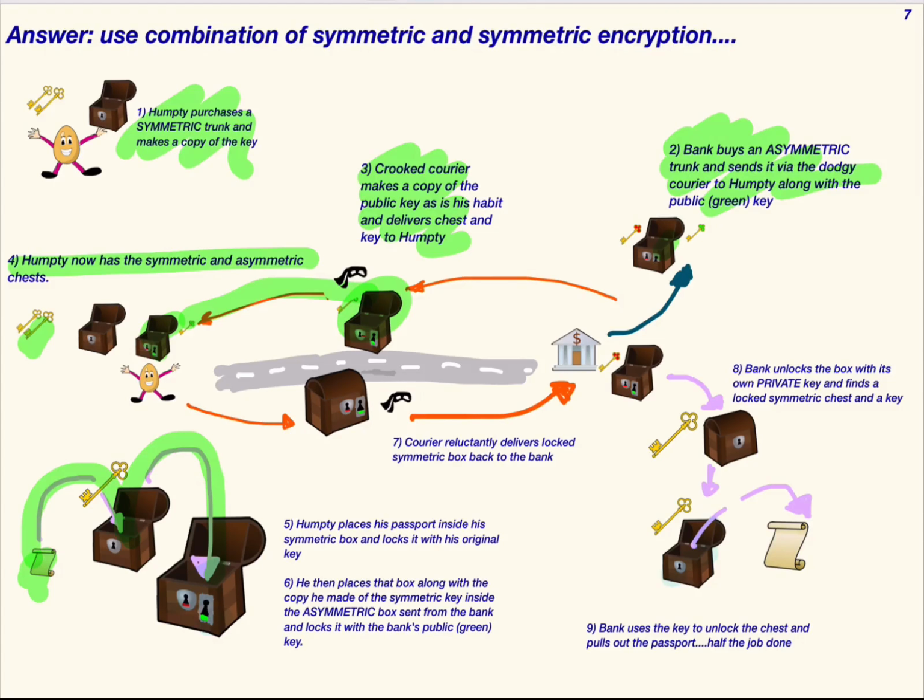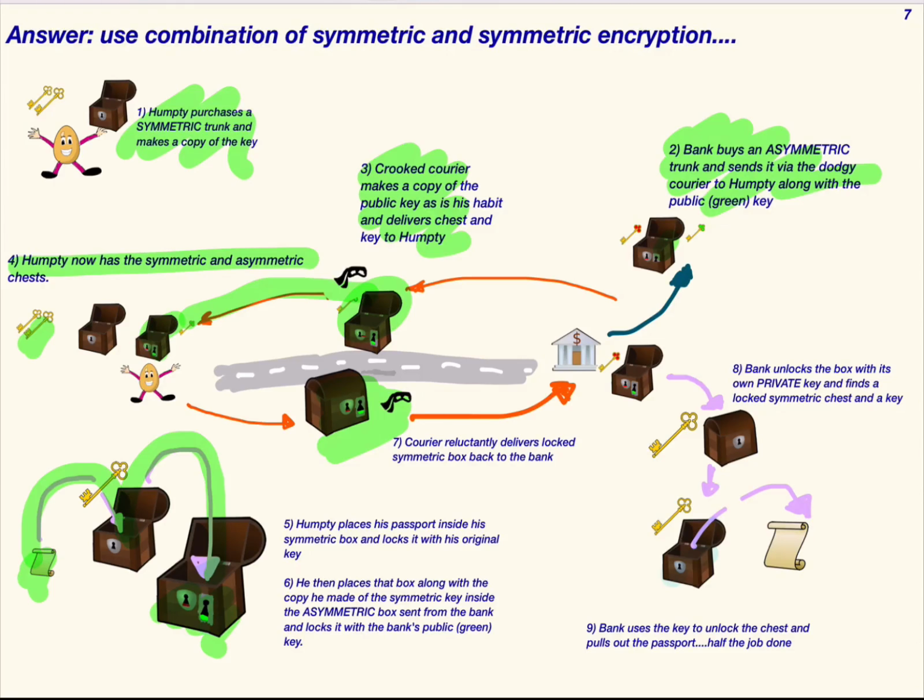Then he is going to lock that asymmetric chest with the public key that's sent to him by the bank. So let's recap. What he's sending back is the asymmetric chest that was sent by the bank, locked with the key that was sent by the bank, but inside that box he has put his passport and the symmetric chest and the copy of the key that he made, right? So this package